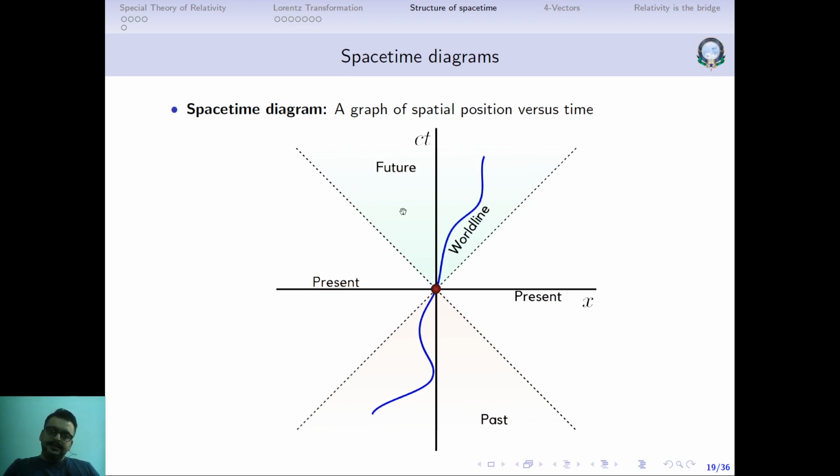So this region that we have here, why do we call it the future? Because all the points here are accessible to this particular point. If you want to go anywhere from this point, it's only these points that are accessible to you. As you progress, only the points which lie within this region are the ones where you can go. You cannot go outside this.